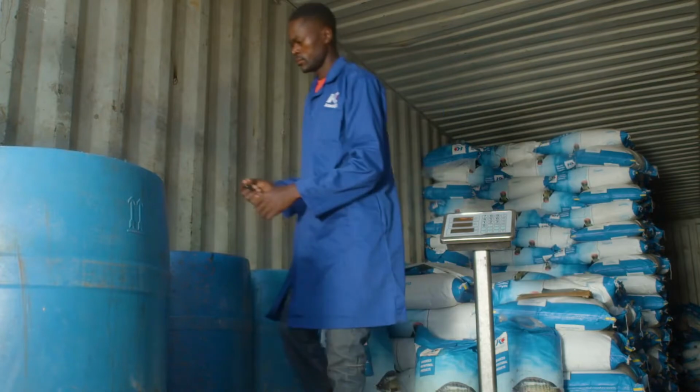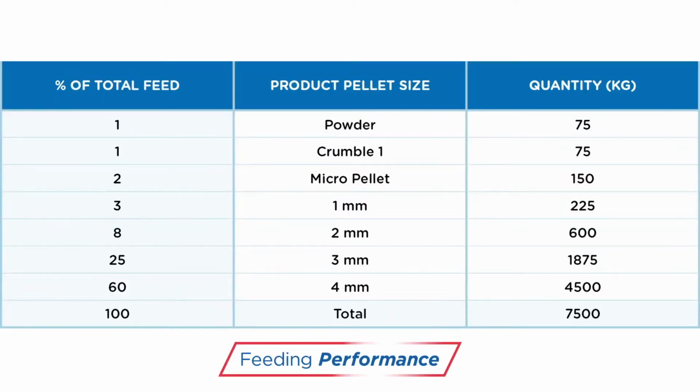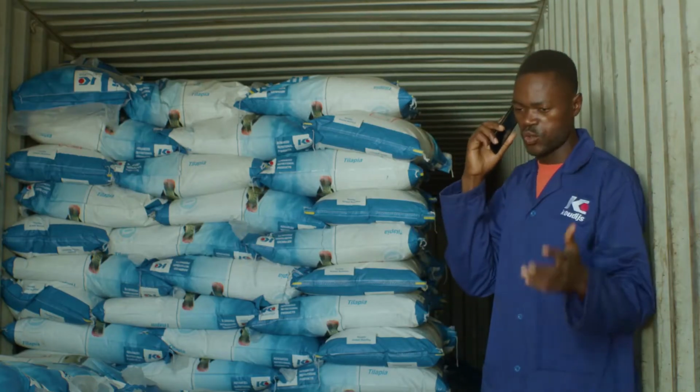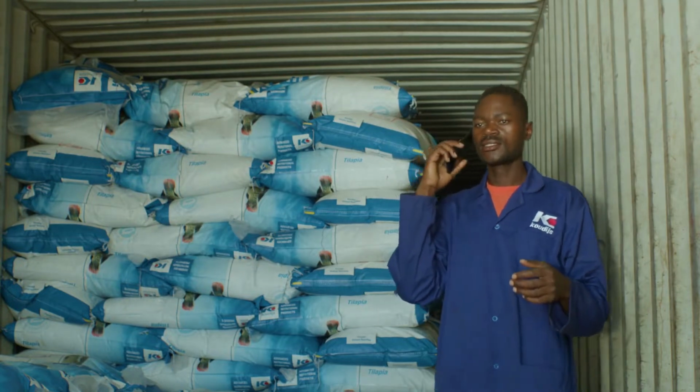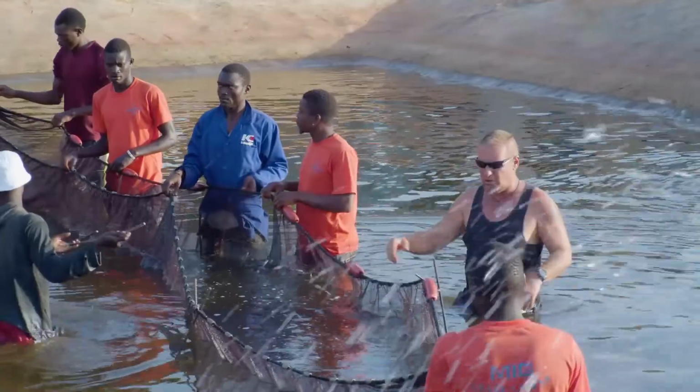By keeping track of the amounts of the feed that your fish consume per cycle, you can fine-tune your stocks. Make sure to have enough feed supplies on your farm because your fish should consume their daily ration every day. Always order a little extra feed for your fish. Keep in mind, a day without feed is a day without growth.